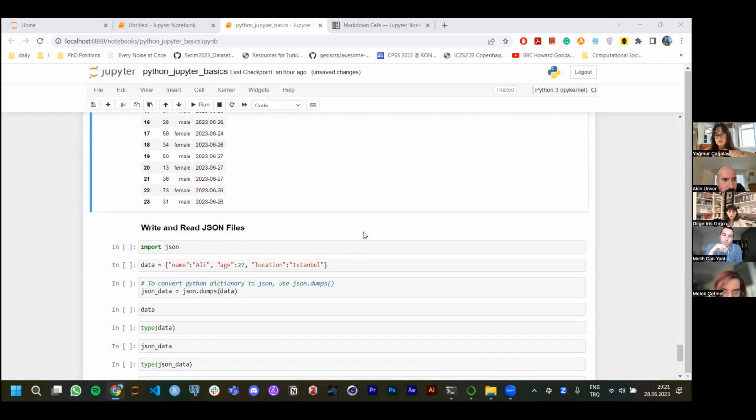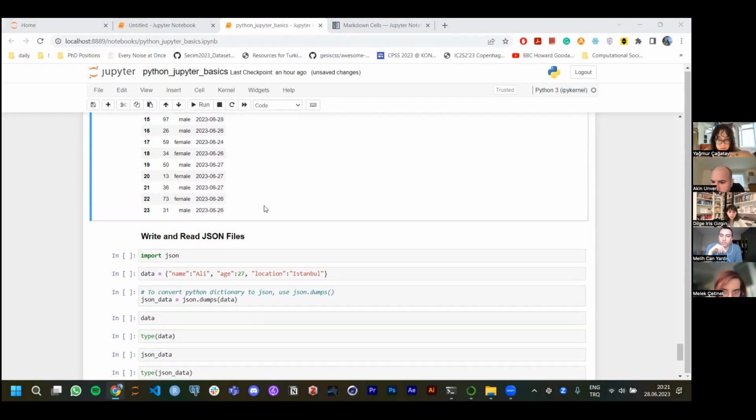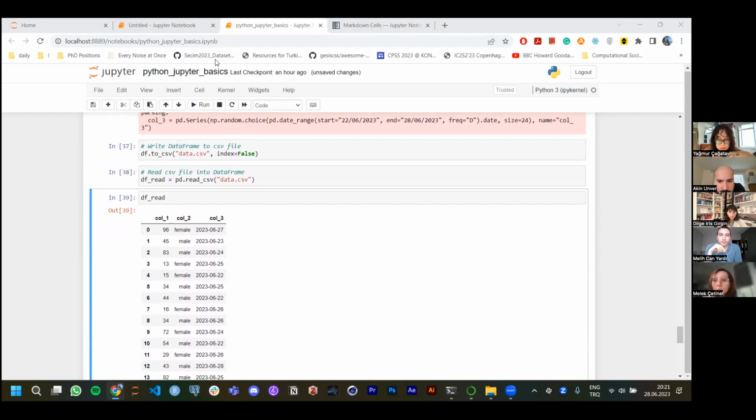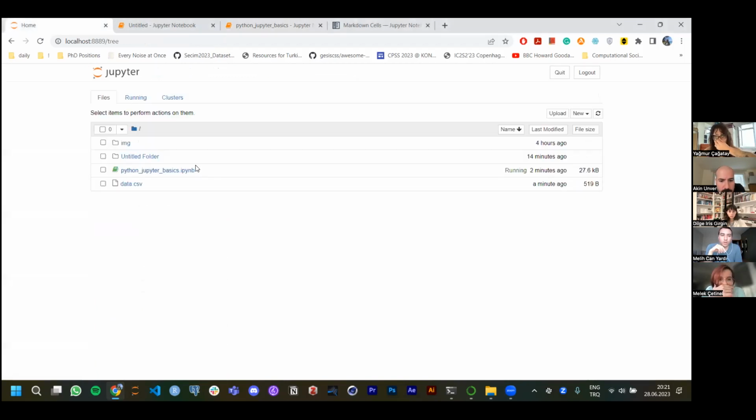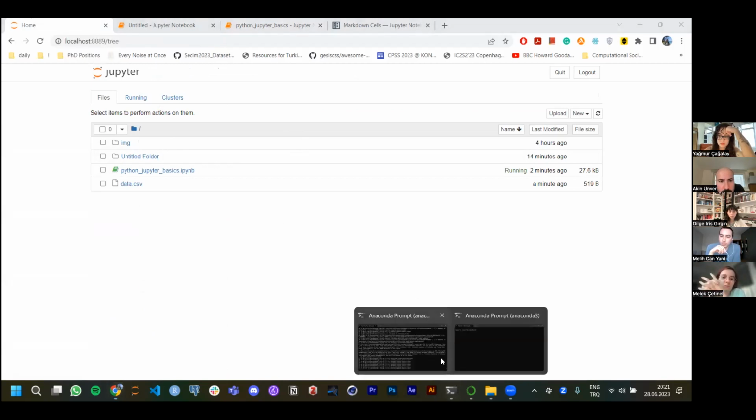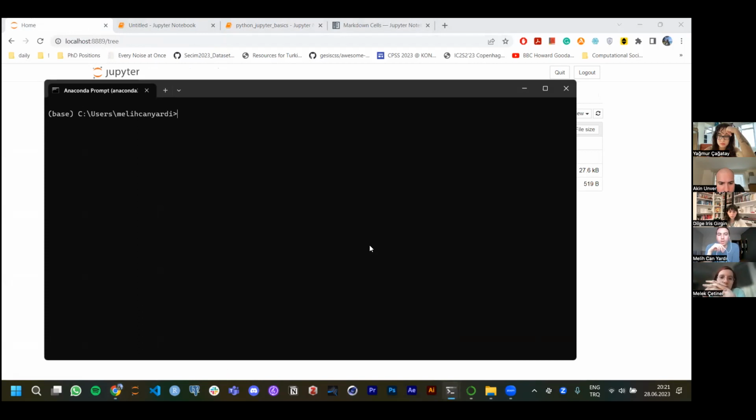So in the chat there is a question: how does Python know the working directory when opening a CSV? This depends on how you opened your Jupyter Notebook. As I said, we have opened it either through Anaconda Navigator or Anaconda prompt. When I opened it with Anaconda prompt, I think this is something I didn't show, I'm just going to the folder, the directory I would like to start my Jupyter Notebook on, and